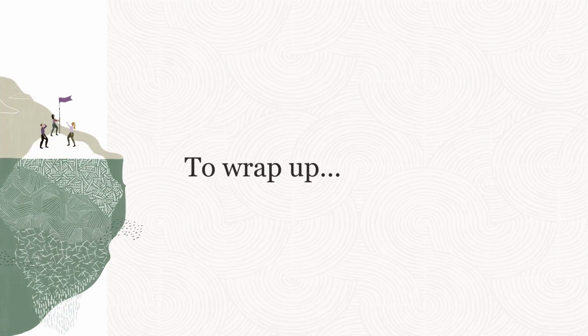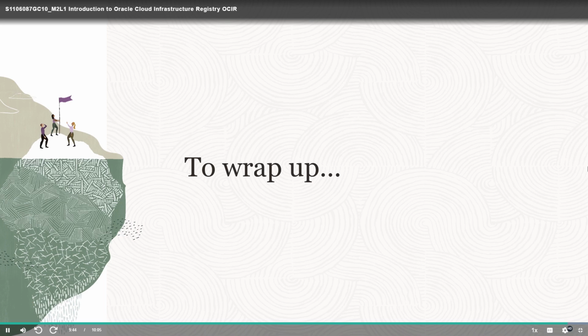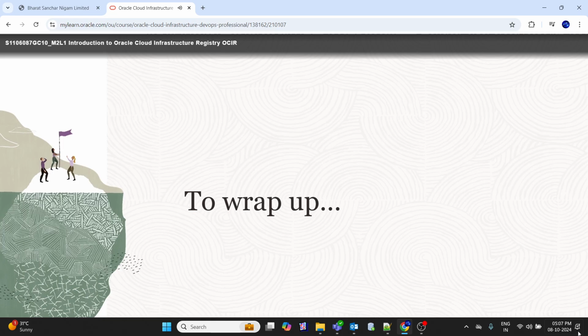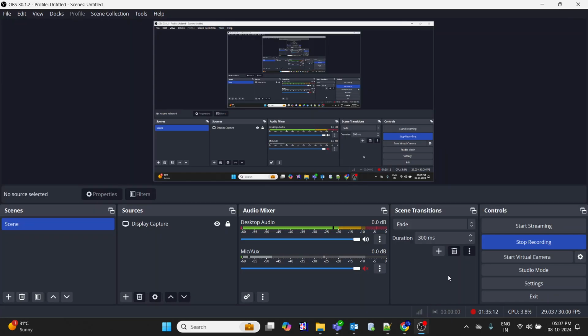In conclusion, Oracle Cloud Infrastructure Registry, with its seamless integration, robust security measures, regional accessibility, and efficient